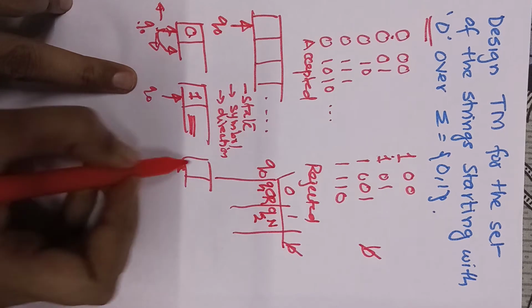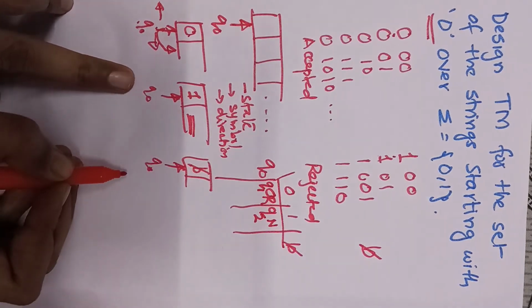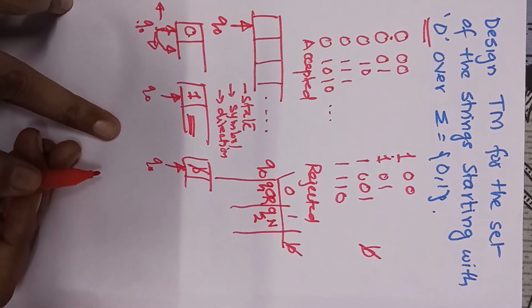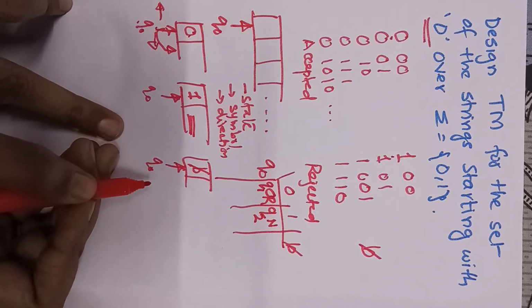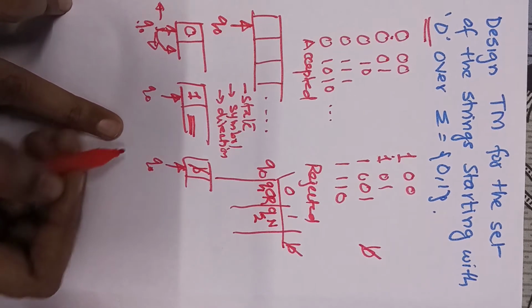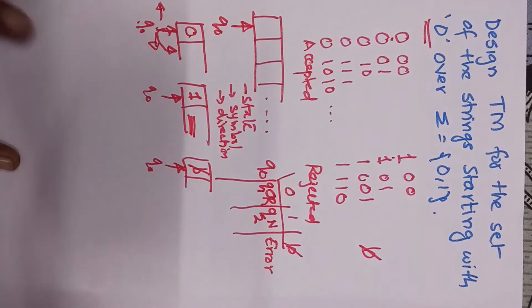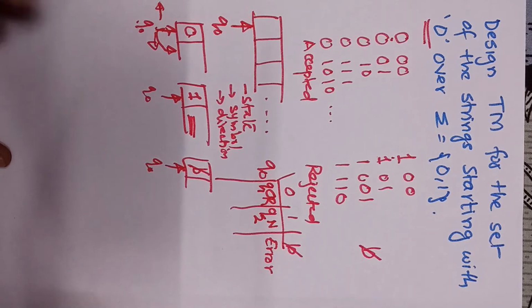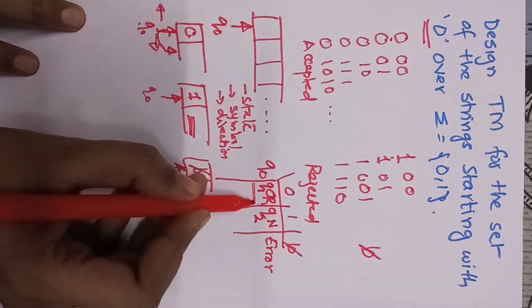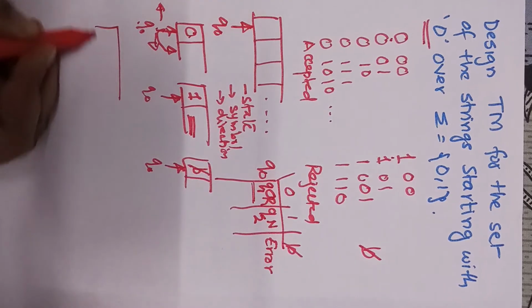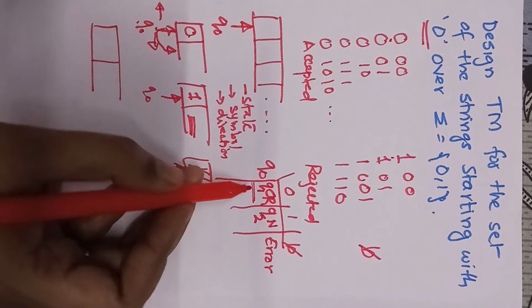That is q2. Now if I am getting blank, nothing is present, so again I am not interested in reading the string, because the string is not present. There is an error, so I can report to the user that this is an error. Okay, now I'm having, so this is what is q1.